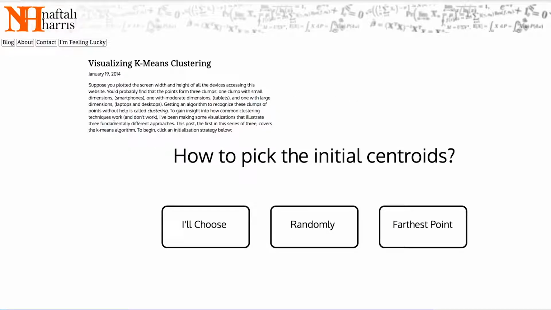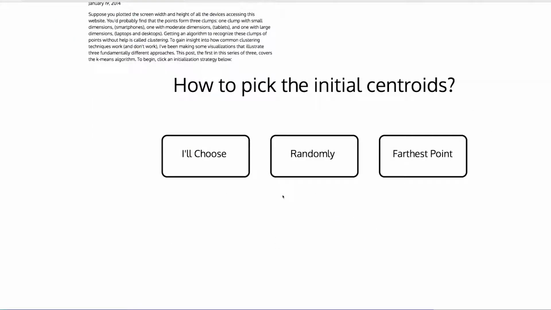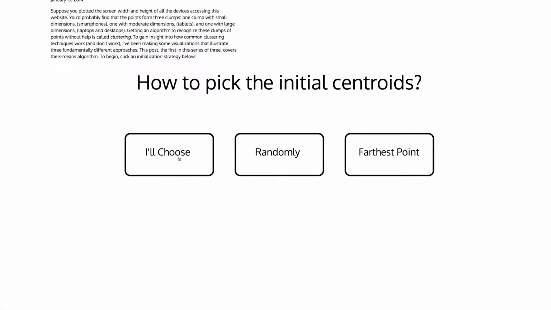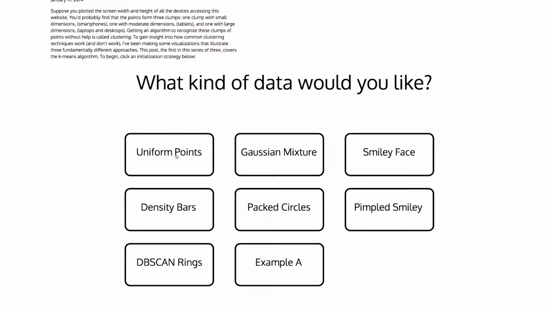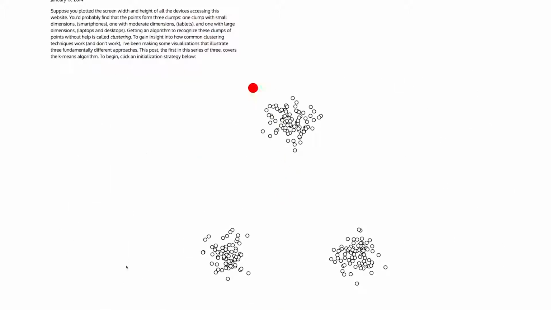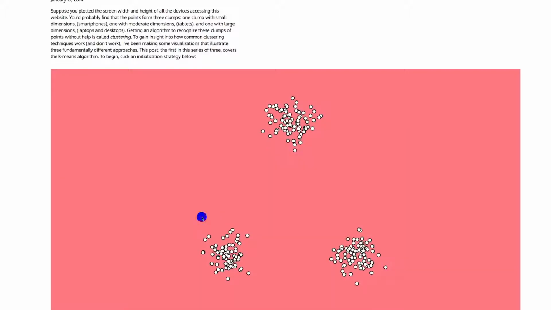This is a great resource for showing how the k-means algorithm works. Let's take a look at a couple of examples and see what might happen with different sets of data and different numbers of clusters. To begin, let's go ahead and choose a set of data, and maybe choose something like this Gaussian mixture. And imagine we put a centroid here.